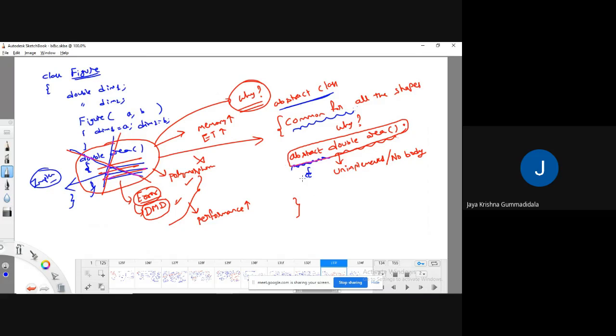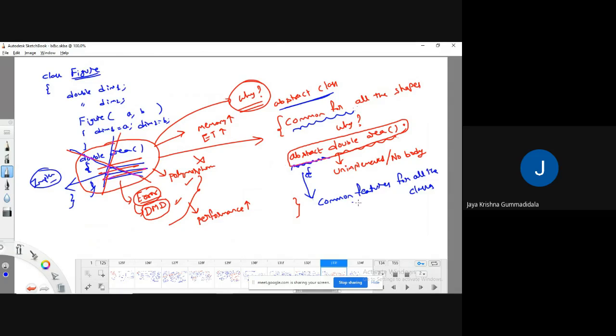So I hope you understood now what is the need of the abstract keyword. Abstract keyword means that if you want to define common features for all the classes, or for all the programmers, then I'll go for the abstract keyword.